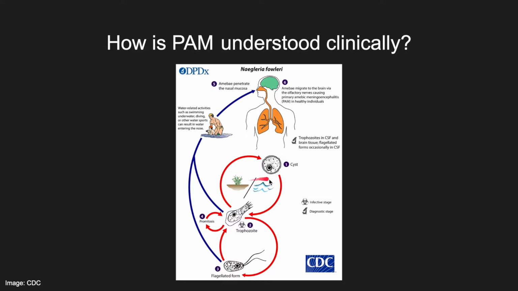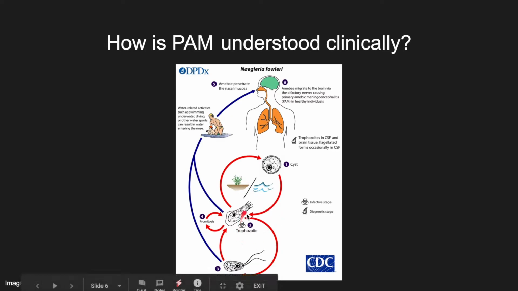But we usually become infected when it's in water, because we're not usually digging our noses into soil or anything like that. It's usually because people are diving into water and you accidentally inhale some water, you swallow some water, and then